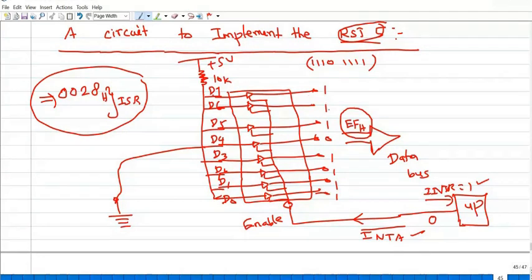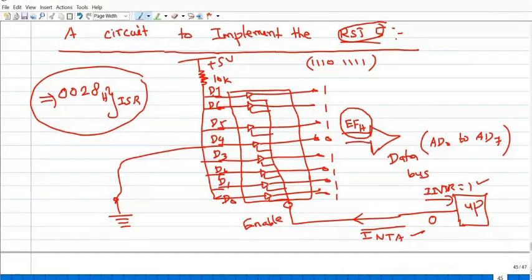Wherever we need 1, the opcode for RST 5 is EF, that is 11101111 in binary format. So if 0 represents the corresponding buffer input connected to ground, logic high represents the corresponding tri-state buffer input connected to plus 5 volt. So this EF information is placed on the data bus, that is AD0 to AD7. This is what we discussed in the previous classes.